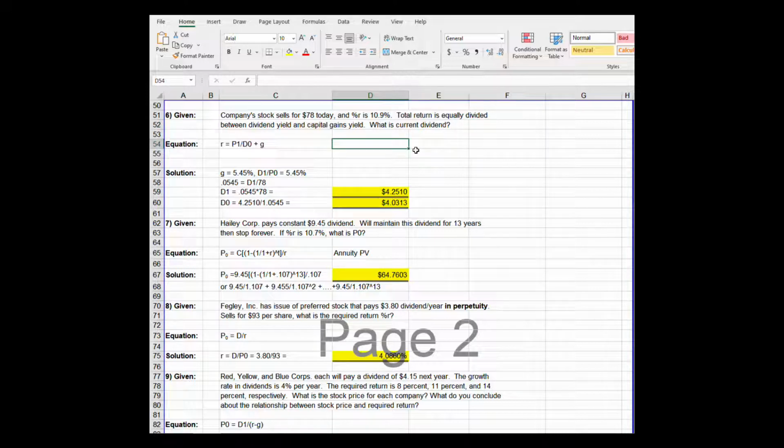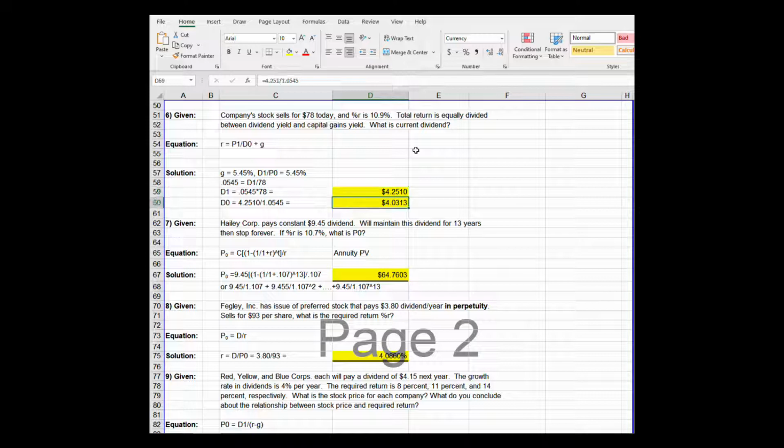My required return is equal to dividend yield plus capital gains yield. In this case, my total return of 10.9% is equally divided between D1 over P0 and G. So each of those is equal to 5.45%, dividing that 10.9 in half. And then we can say that 0.0545 equals D1 over 78. And I get my D1 then, calculating quickly, of $4.25,